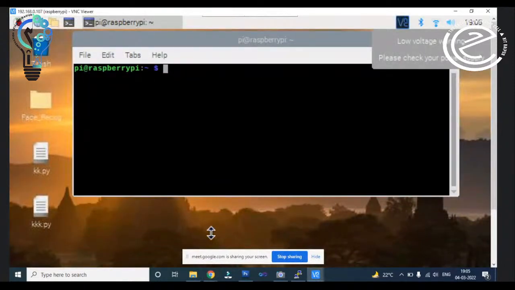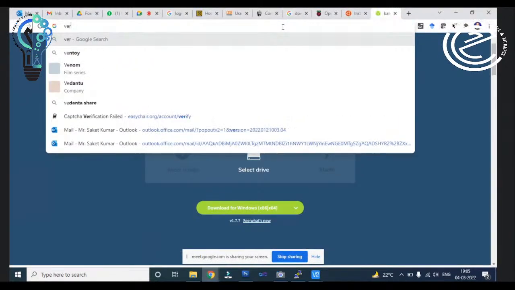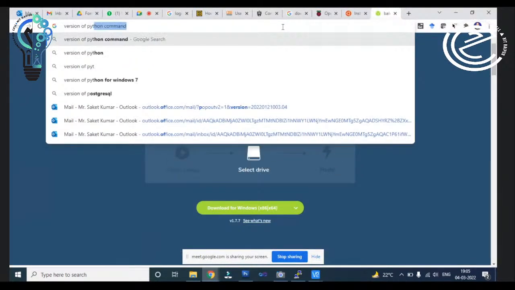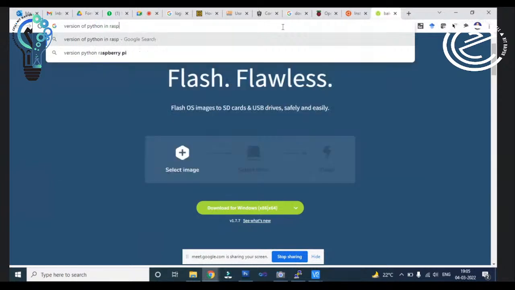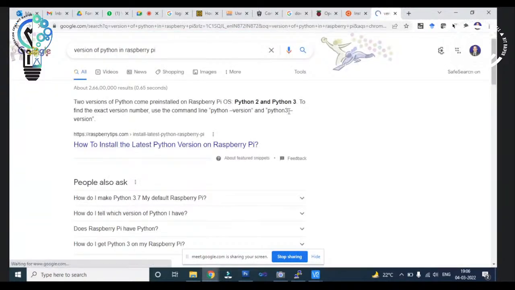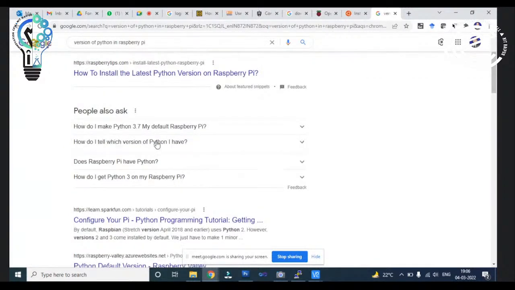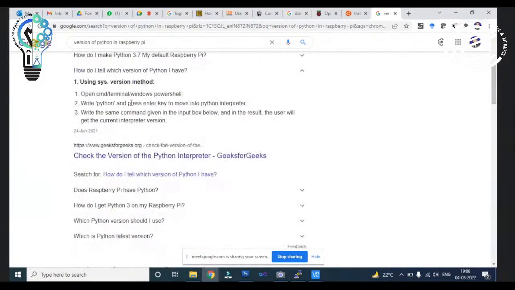For the Raspberry Pi OS, the first thing is to see the version of Python. So you can just type in Google the version of Python in Raspberry Pi. Then it will show you the command.